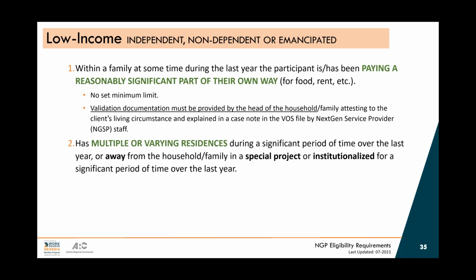A person can have multiple or varying residences during a significant part of time. That person could also be kind of like homeless, hopping around and stuff. Possibly, if they have multiple homes, they could be considered homeless. So you may be able to catch them in a barrier, the WIOA barrier for homelessness. But they might not want to say that they're homeless. So if they've been moving around or having a lot of varying residences, another example would be someone that moves around with their family a lot. So they're not homeless, but they're constantly having to move because their family is moving.